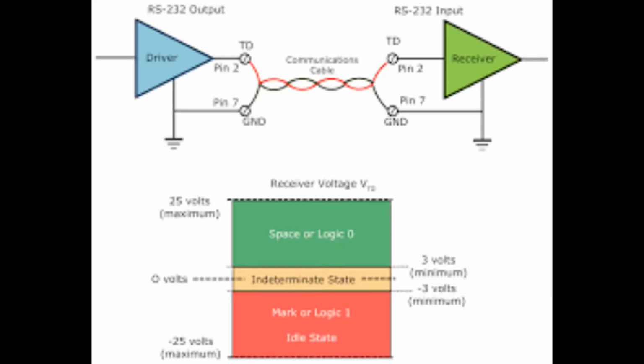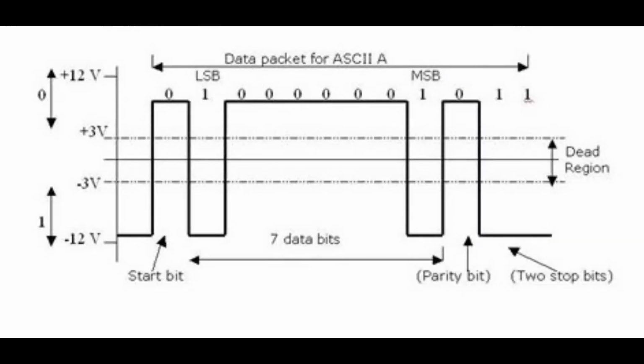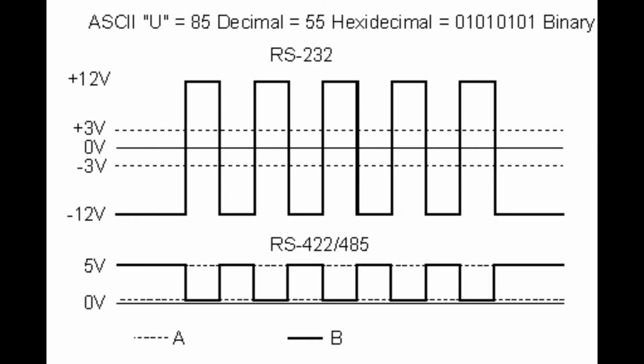To determine an RS232 data transmit, measure pin 7, that is ground, to pin 2 and pin 3 while the device is powered on and transmitting. Well, as mentioned in our earlier discussion, the signal transmission in an unbalanced asynchronous communication is inverted. So a reading of -3 to -12 volts usually indicates the data transmit pin.